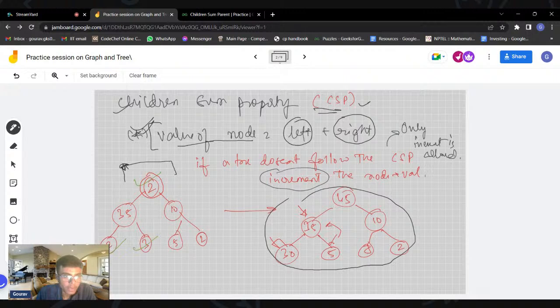Now the values of the children, 2 and 3, sum to 5, but I can individually increment both values. So if a tree is not following the children's sum property, you are only allowed to increment the node value and not decrement. This was the tougher version of the problem.